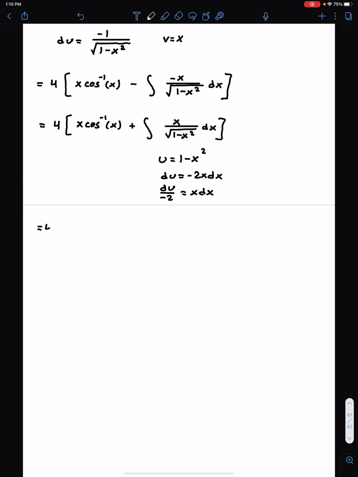So this integral turns into 4 times x arc cosine of x minus 1/2 the integral of du over square root of u,